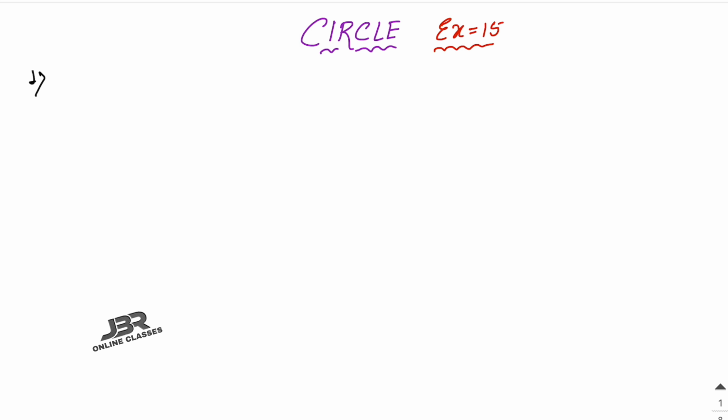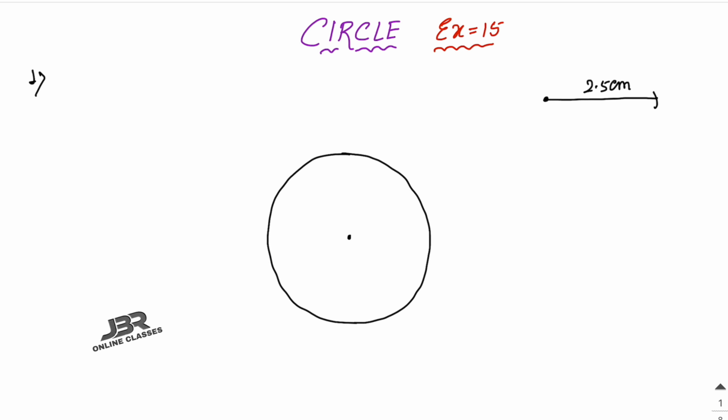Okay, so that means first here you have to draw a 2.5 centimeter straight line with the help of your scale. Okay, now you have to draw a circle, the radius here 2.5 centimeter. So that means first here you have to put your compass here and then measure 2.5. Okay, then put your compass here and then draw a circle with the help of 2.5. Okay, so in this way, suppose here this one is 2.5.